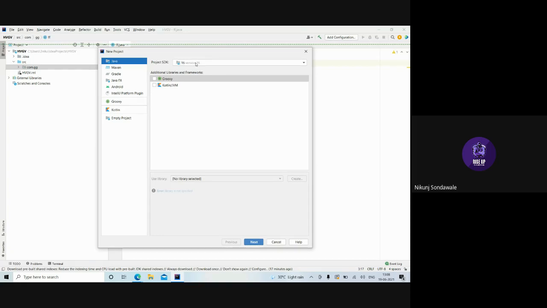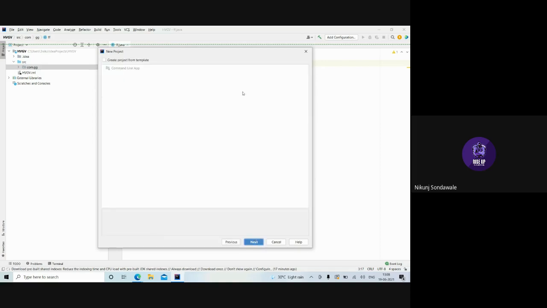If you have the latest version, go to the next. First, we used to click on this checkbox, create project from template. But this time you have to avoid that. Just go and click next.